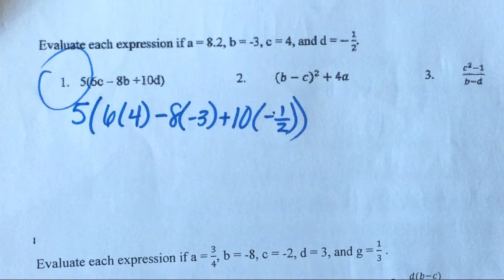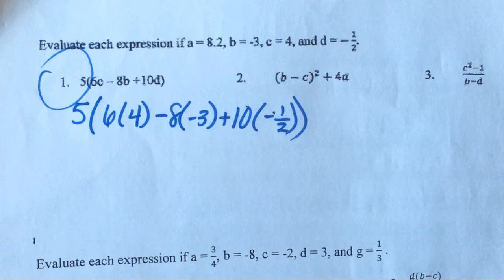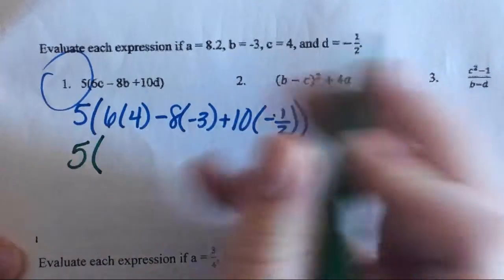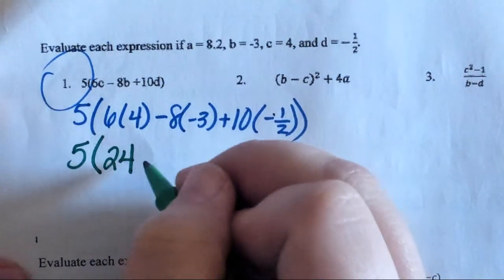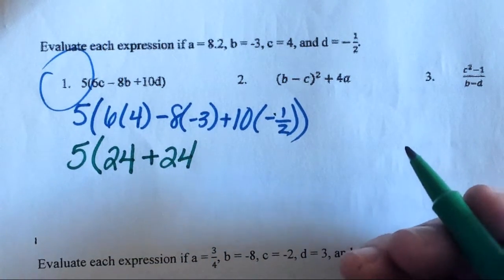Okay, so what's the acronym we use when we try to figure out what math we need to do? PEMDAS, so you can have a point. We're going to deal with these parentheses first, and that's why a lot of people missed number 4 on their checkpoint. They weren't dealing with those parentheses first. They were determined to put 1 and 3 together instead of multiplying 1 times 5. Okay, 6 times 4 is, and then negative 8 times negative 3 is positive 24, and then 10 times negative 1/2 is,